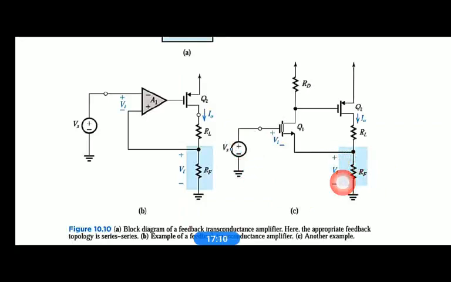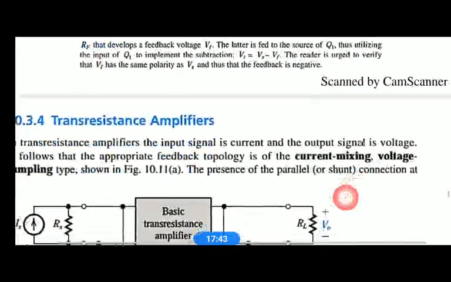In the reverse direction, if Vs is reduced, this will reduce the conduction of Q1, which causes an increase in the drain voltage at this point, which is the gate of Q2. Hence the gate of Q2 voltage increases, then the P channel conducts less, and I naught is reduced. Since I naught is reduced, the current across RF is reduced. Since the current across RF is reduced, the feedback voltage across RF is also reduced. Reduction in Vs, reduction in Vf.